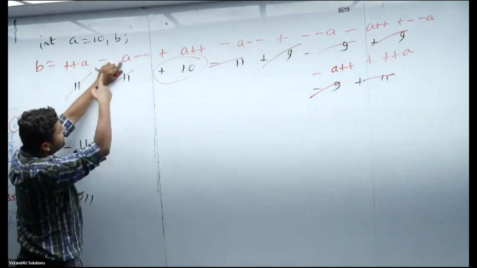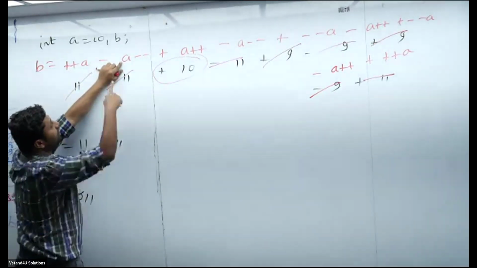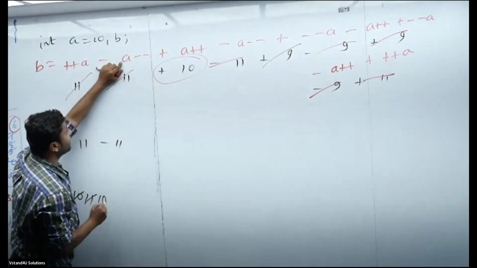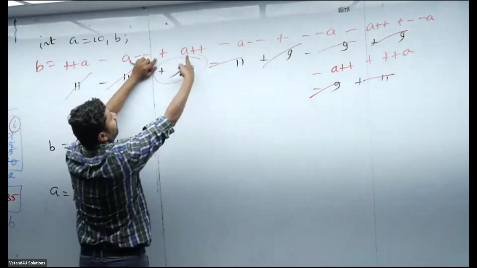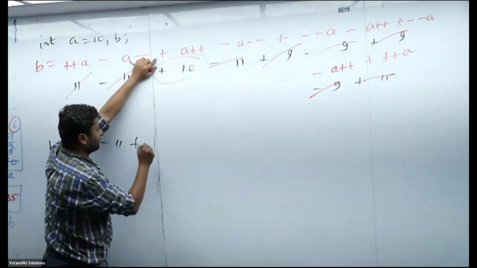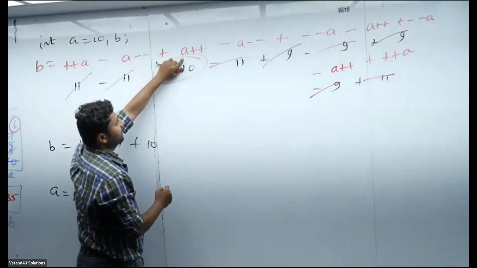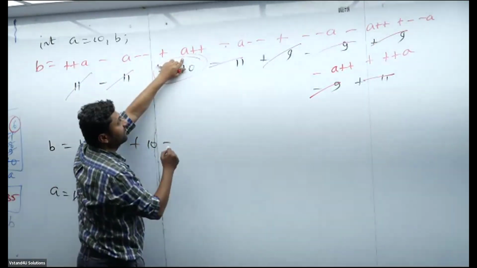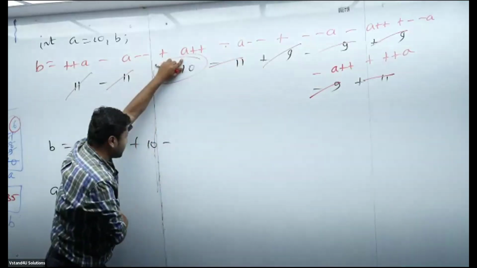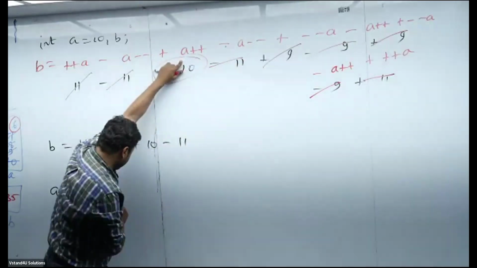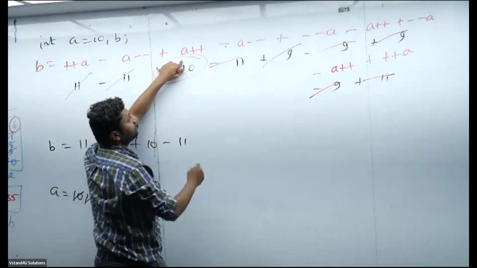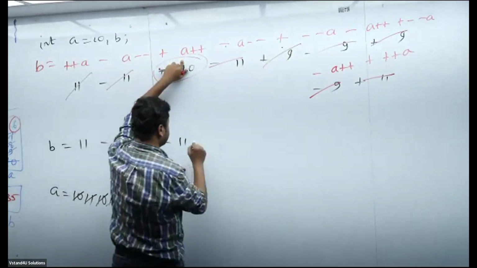Minus. Then first you consider the current value, that is 11. Don't forget to decrement. I have decremented. Done. Plus. Then post means first you take the current value, that is 10. Don't forget to increment. I incremented. Done. Till here done. Then minus. Take the current value. Current value is 11. Don't forget to decrement. I decremented to 10. Done. Then I'll take this value plus as it is.